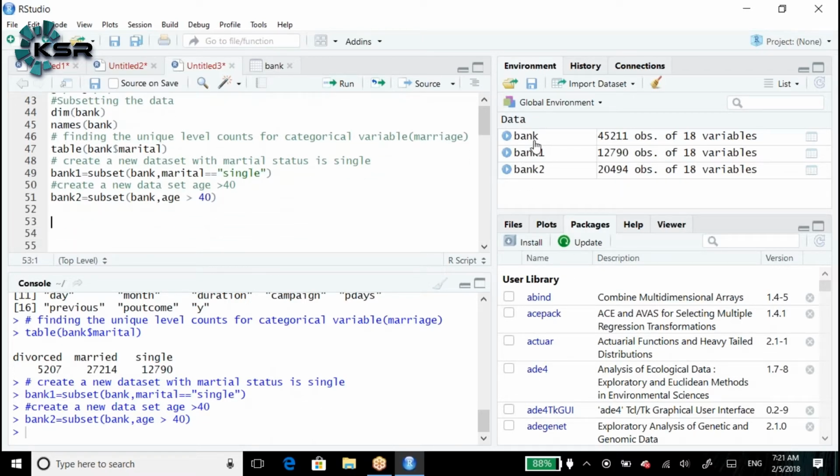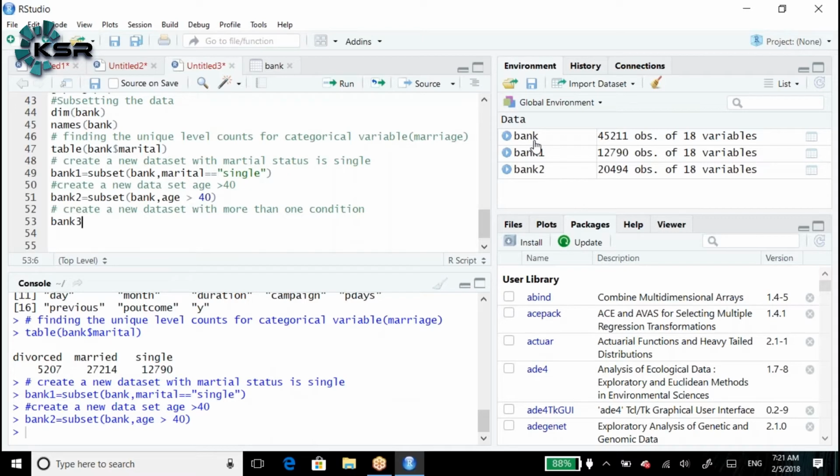Create a new data set with more than one condition.